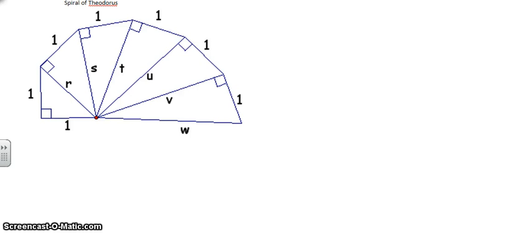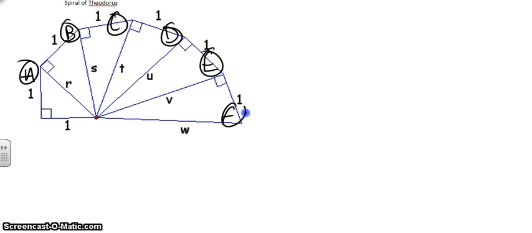Today we're going to solve the Spiral of Theodorus. To start, you can name each triangle to help you know which one we're talking about better. So I'm going to name them A, B, E, and F. So to start, you start from the left, and you can recognize that it is a 45-45-90